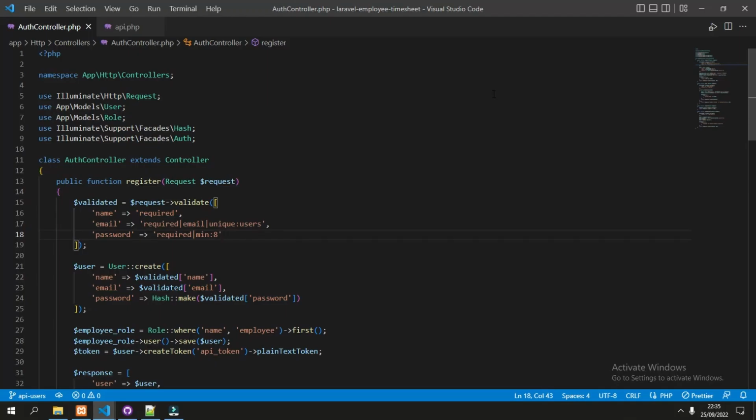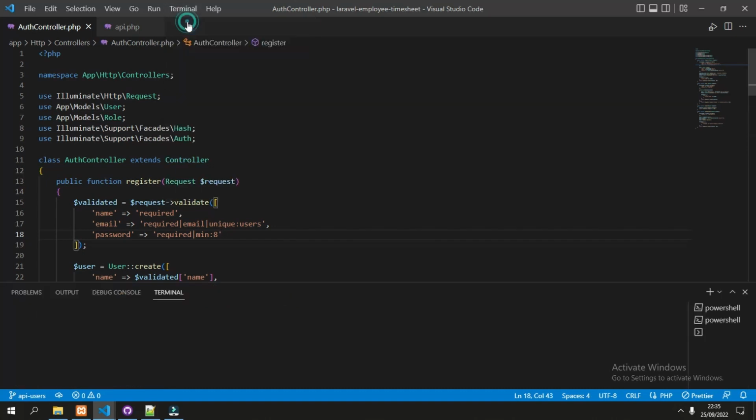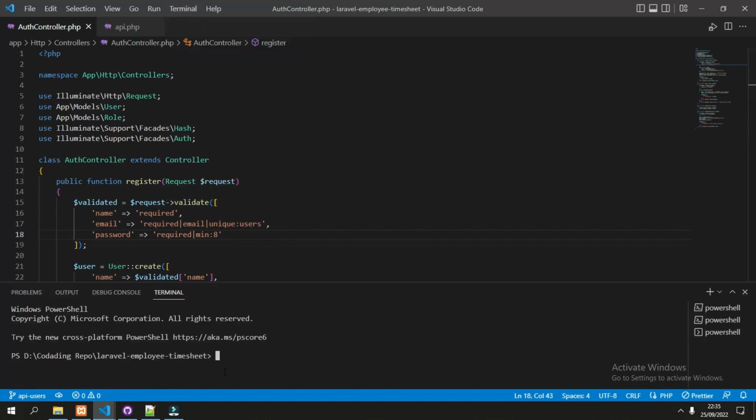Now after the auth controller is finished, the next controller is the user controller. To create the controller, it's the same as the auth controller: php artisan make:controller UserController.